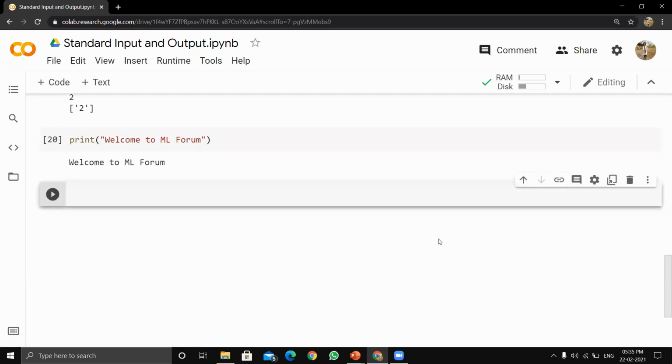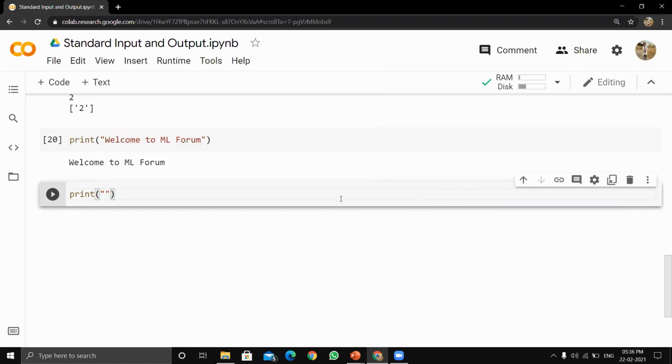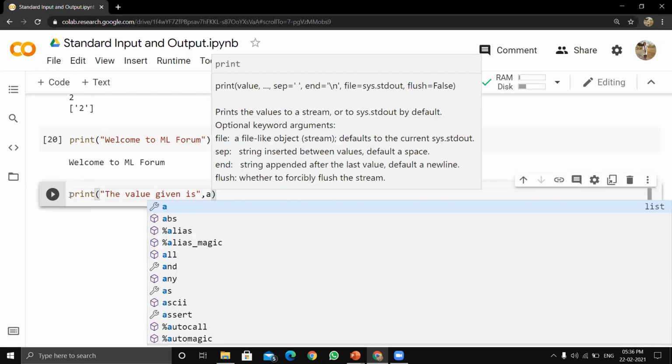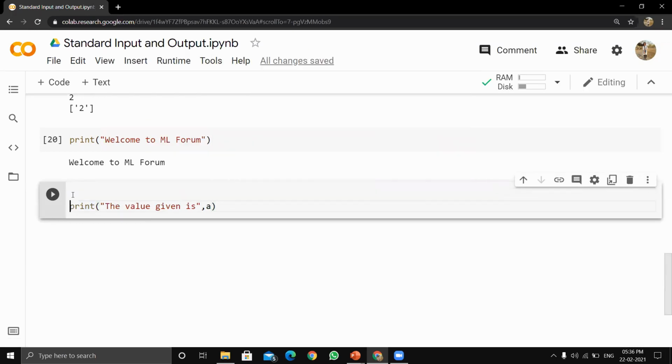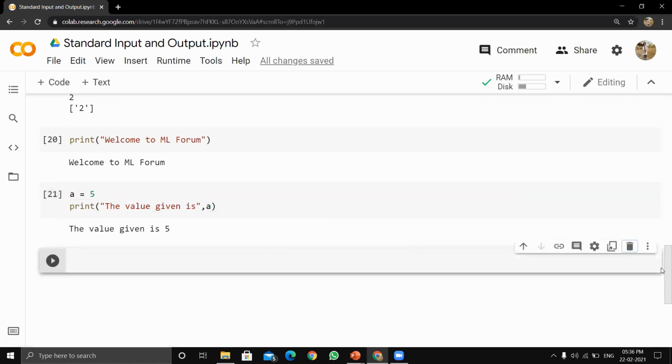Now, if I say print the value given is, and now I'll give here a, but before that I'll mention a equals to 5, and if I run this cell, so it will give that the value given is 5.